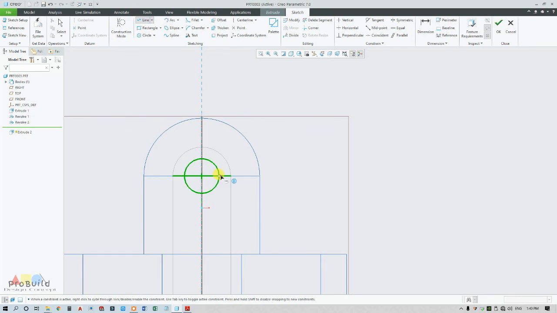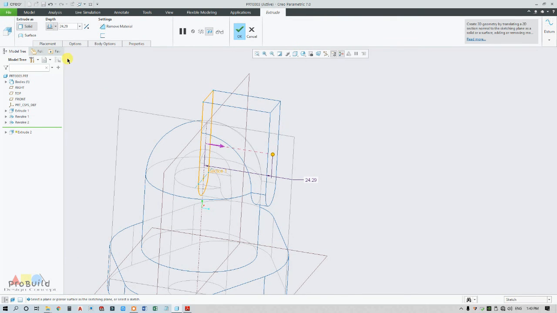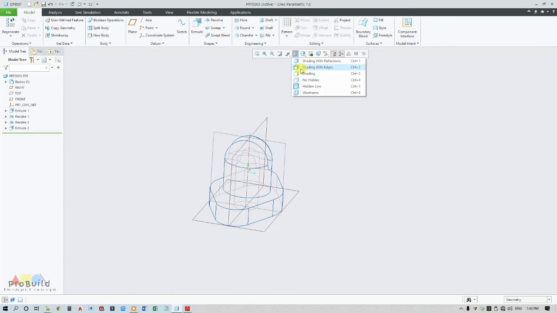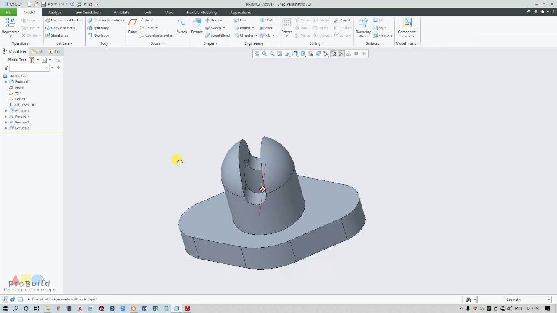Draw a line. So delete this segment, go for extrude, select symmetric, remove the material, so you'll be getting this part.